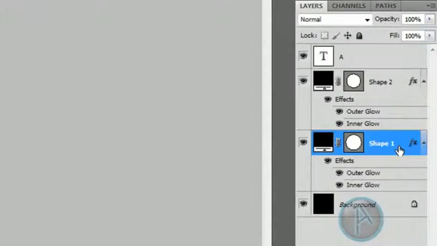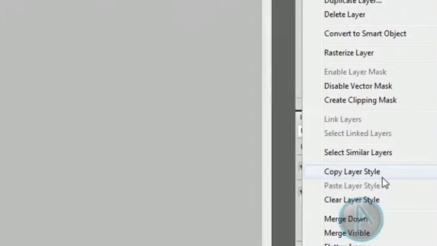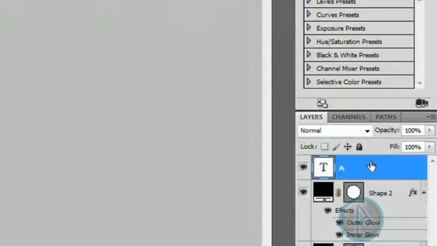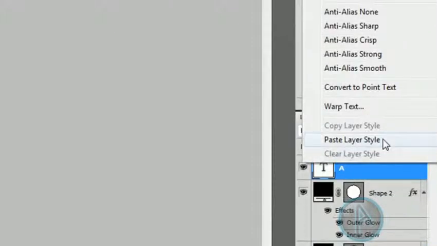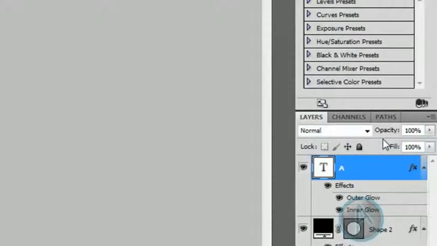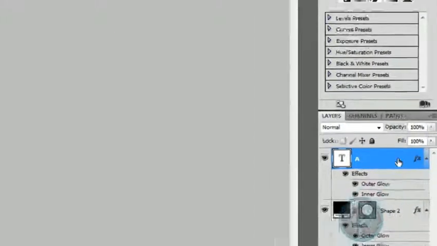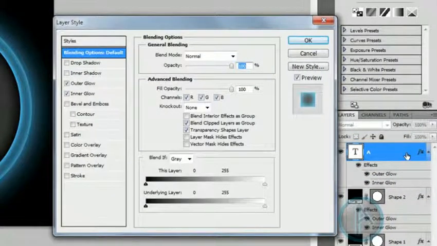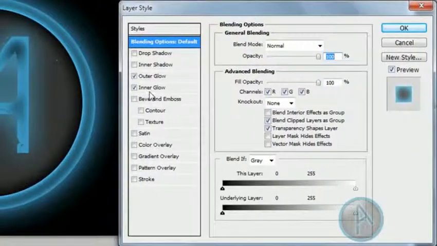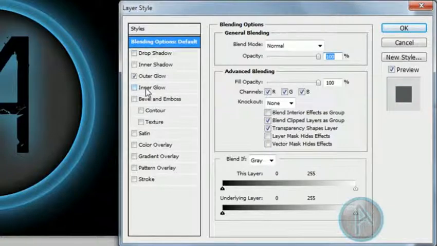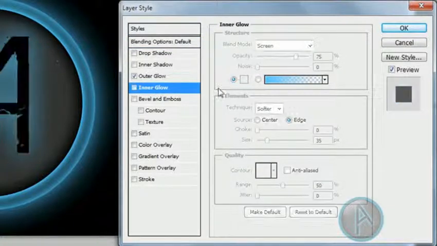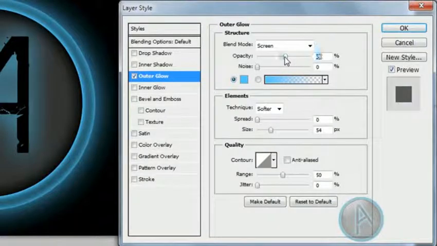So if we just right click on our shape 1, and then click copy layer style, and then we paste the layer style onto our text layer. Then we have some glow on our text. If we just double click on our text or right click blending options, and then we click on inner glow and we turn that off. Then we click on outer glow and we raise the opacity to 100%. We change the size